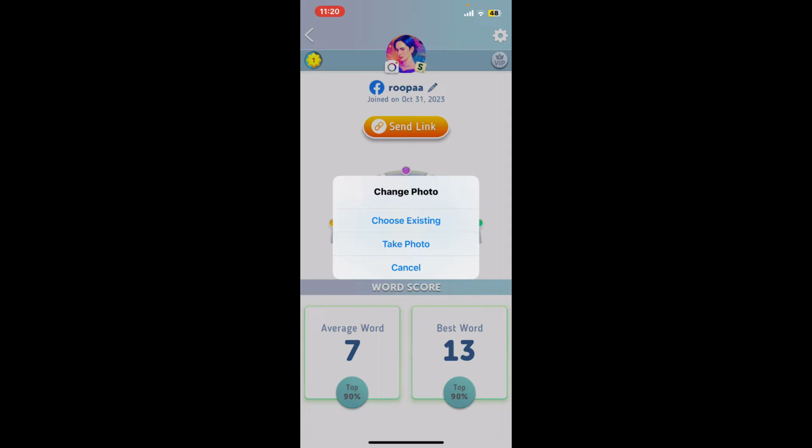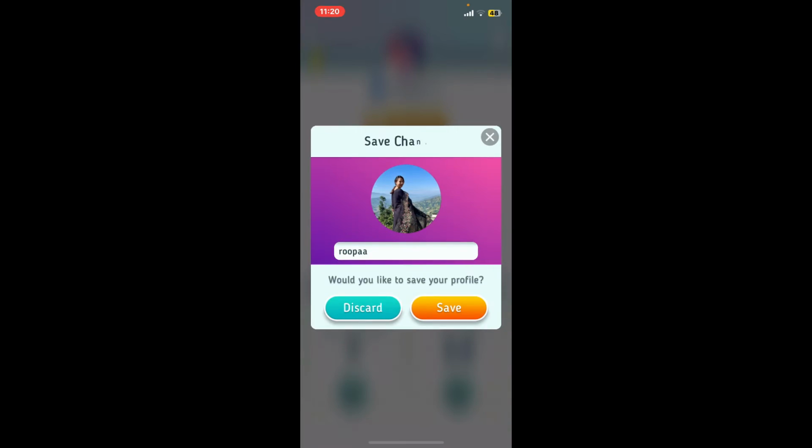In my case, I'm going to choose an existing photo, so let me tap on choose existing. Soon after you do that, you will be able to see your library. Go ahead and select the picture you'd like to choose for your profile or you'd like to change for your Scrabble account. Once you make a selection, you'll be able to see this interface where you'll need to confirm your